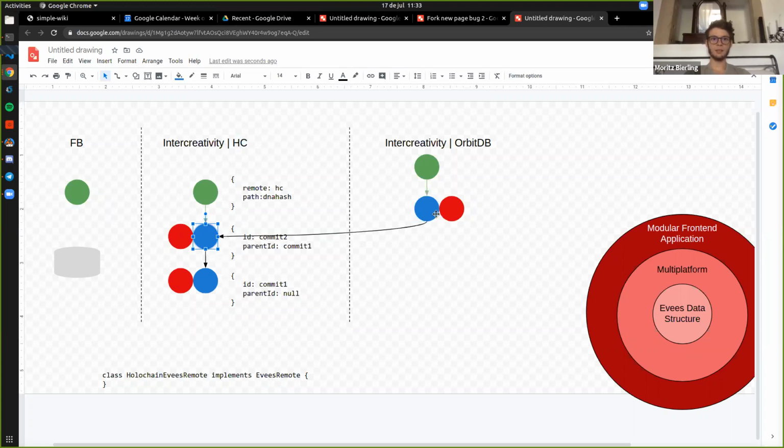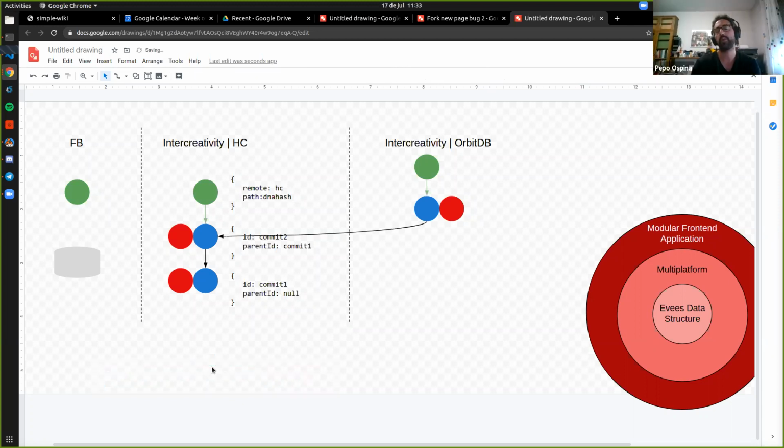What I'm asking specifically is, do you then have the history of the other version from which you copied it also available in OrbitDB? Because if you don't have access to the other database provider, basically like Holochain, then you can't look at the history of it. So yeah, if the data is not there, you will not be able to access the history.